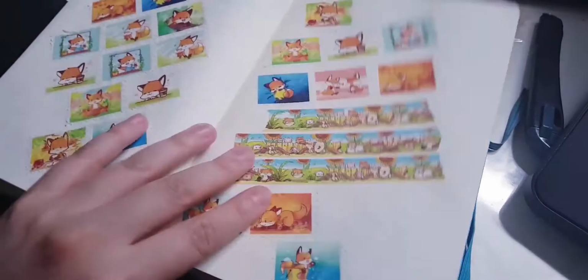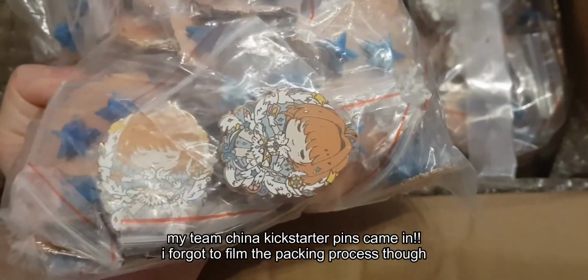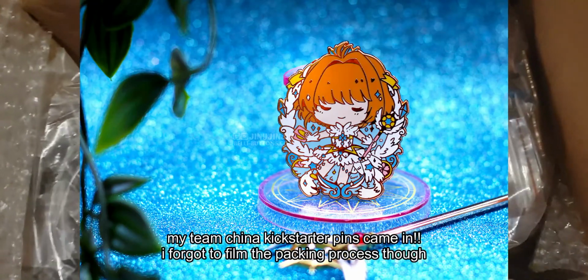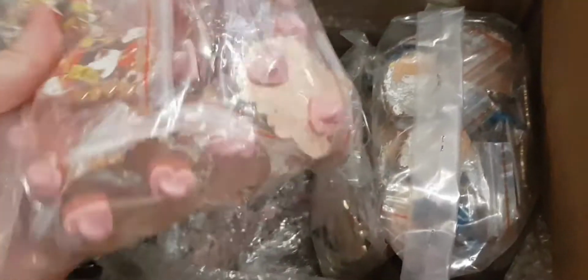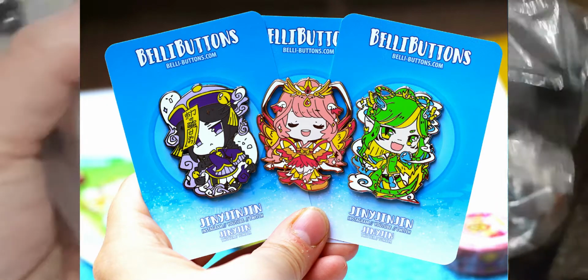Okay, it's open. Sorry, it's really hard to do with one hand. So this is actually my Sakura pen, and this is my red variant. Oh, it looks so nice. I'm so excited. I had to remake some of my previous ones because I actually ran out, which is great,